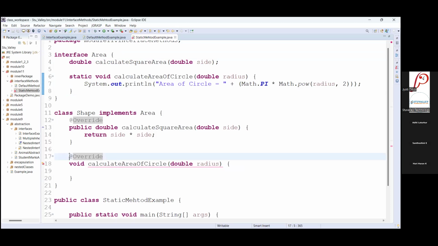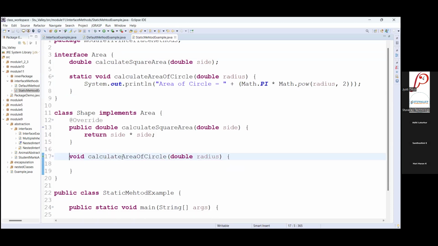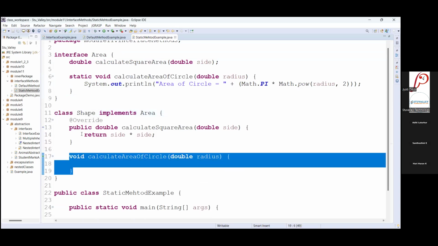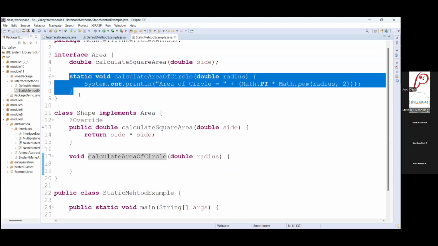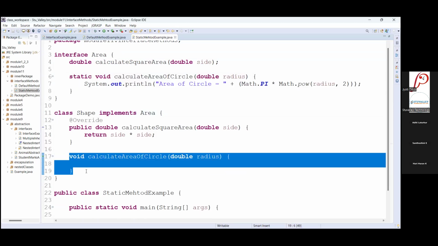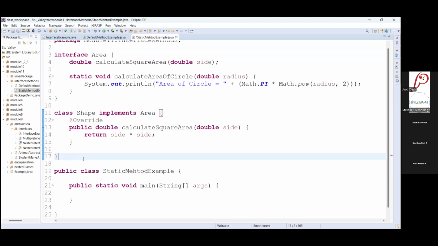If you provide the same signature and same method name here, it is considered the class's own method, that is an instance method, but it is not considered an override of the interface method. So when the method implementation will be the same for each and every implementation class, you can declare that method as static inside the interface itself.